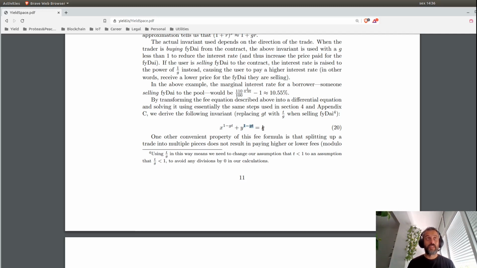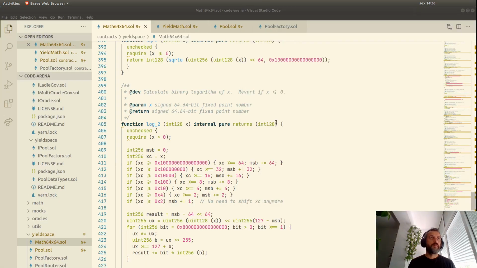What you should worry about is that we are using fixed point math and we are using exponentials, and that makes the math very complicated. Exactly how complicated does it make it? Well, it makes it very complicated. Complicated enough that